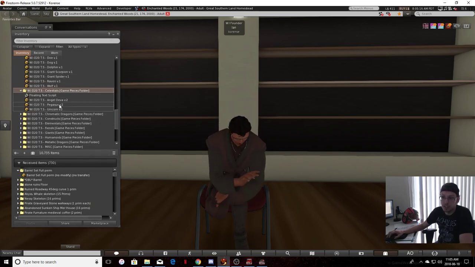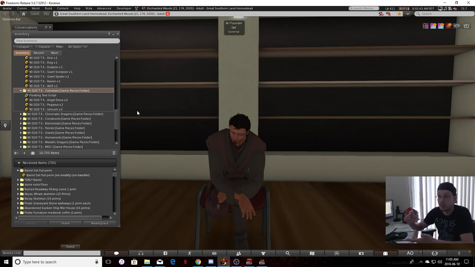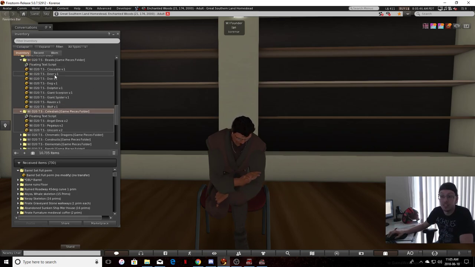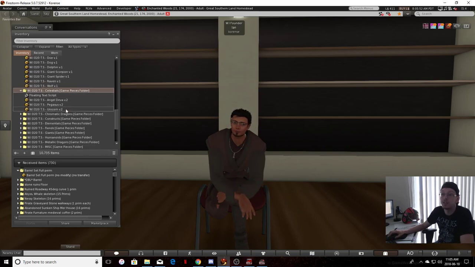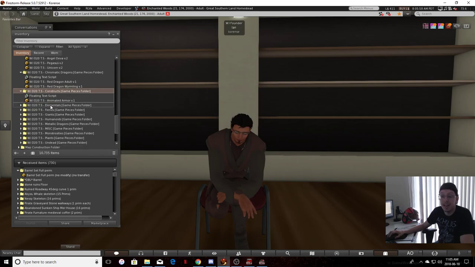You got a bunch of celestials that you can work with. Before I go any further, I just want to point out that I selected all these game pieces for the main reason that they're the usual ones that you will see in any typical fantasy RPG, right? As an example, you got your deer, you got dogs, wolves show up a lot. Same with giant spiders, Pegasus and unicorns, red dragons, animated armors,